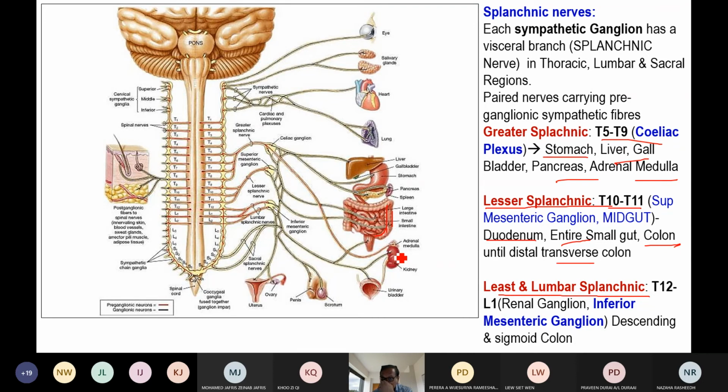In the exam, if they write that a patient has come with epigastric pain, and later on the diagnosis is found to be gastritis, give the anatomical reason. You will just write two sentences. The sympathetic nerve of the stomach is the greater splanchnic nerve. The greater splanchnic nerve carries pain from the stomach. The spinal segment of the greater splanchnic nerve is T5 to T9. The same spinal segment also supplies the skin between the xiphoid process and umbilicus, T5 to T9. That is why the pain of the stomach is referred to the epigastric region.